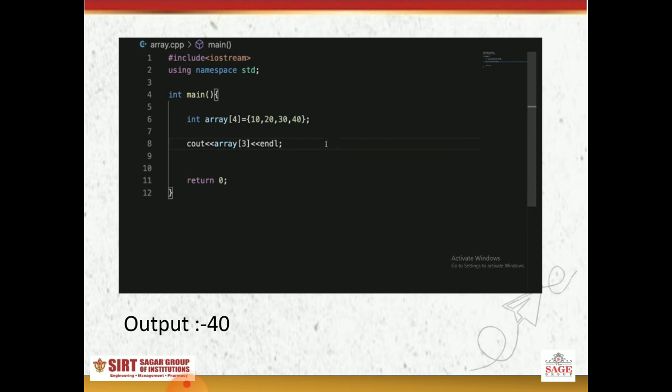It means we want the third number element in output. But in the C program, arrays start from 0. So counting is 0, 1, 2, 3. If we take here 3, it prints the fourth element, that is 40. So output is 40.